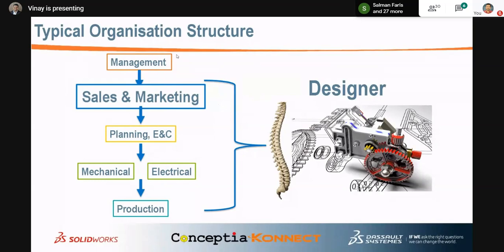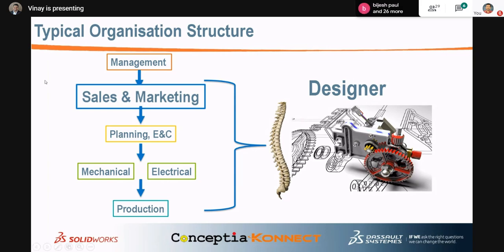So to sell or market the product, what do they want? They want technical clarification, means technical input. How our product is better than other products. To market that, they need the technical information. Who will give it? The designer has to give the technical information to the sales and marketing people.